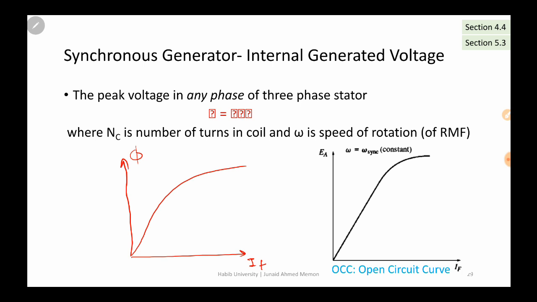That magnetization curve will directly translate into the EA, because EA depends upon the flux, which is K phi omega. So if flux follows this path with respect to IF, the EA will basically be the magnetization curve, but a scaled version. And that curve is called the magnetization curve,